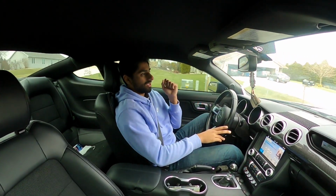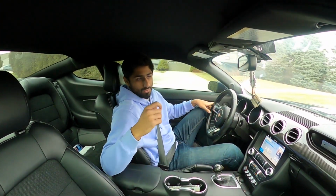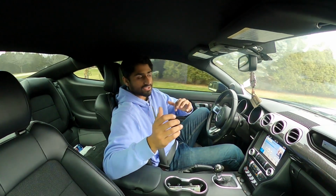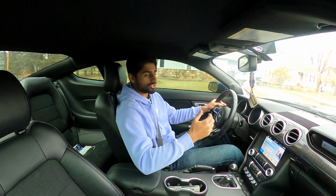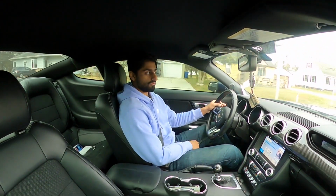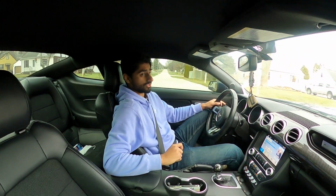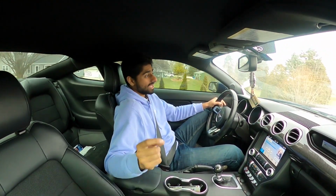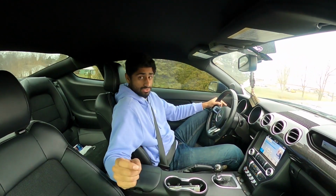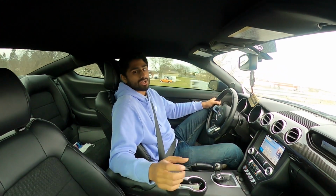So, it puts wear on the clutch. Yes. It puts wear on the transmission. Yes. It puts wear on the motor. Yes. You know what else puts wear on a clutch and a transmission? Shifting from 3rd to 4th. As long as you're rev matching those downshifts, you should have minimal wear on a clutch and a transmission, especially your transmission. You know how strong transmissions are? They're not going to break